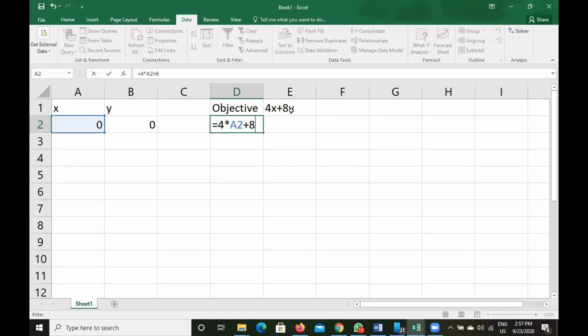In the function we have 8y, so 8 multiplied by y. Now we will select the cell that contains the value of y. So this is the cell that contains the value of y. We will click on this cell, and the computer will automatically get the address of this cell. The address is what? B. This is in column B and row 2. So you can see that the computer automatically got the cell address for the value of y.